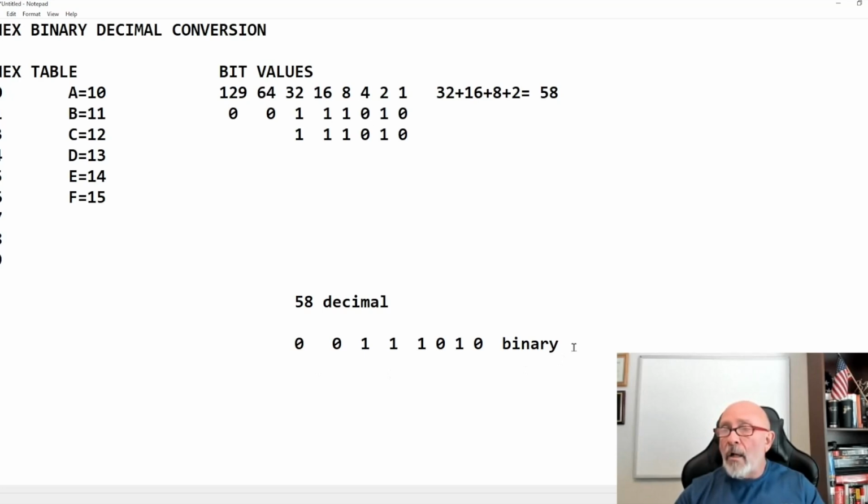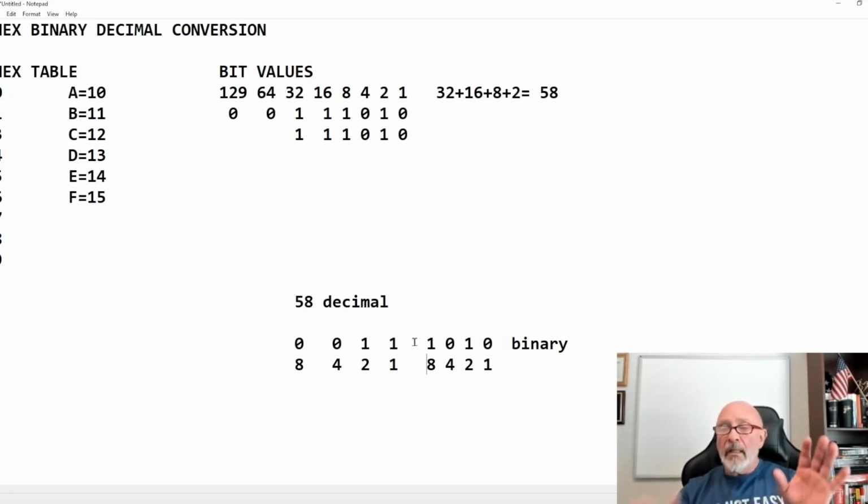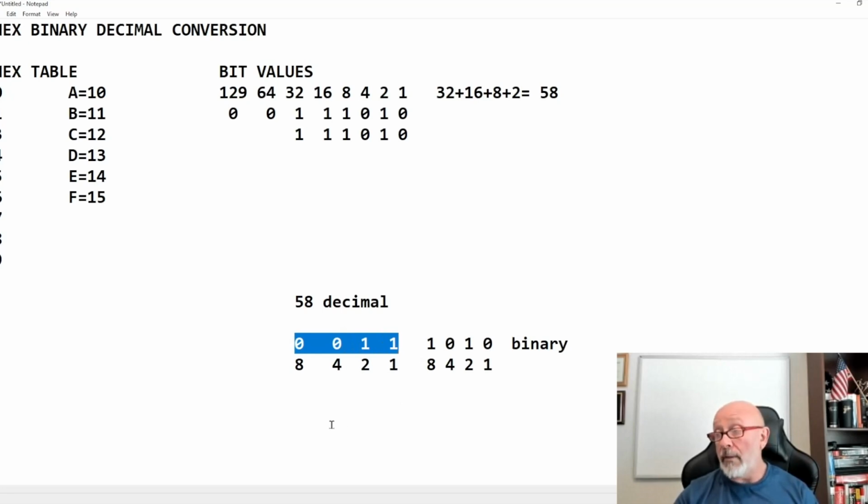Okay? And then I come underneath it and I put their bit values: 8, 4, 2, 1, 8, 4, 2, 1. Okay, so these are the bit values right here for the hex numbers. Let's move this because we're separating that binary into 4 bits. So what's on here? Well, it's 1. All right, so let's go ahead and hit enter again. Tab, tab, tab, tab. So what's on right here?